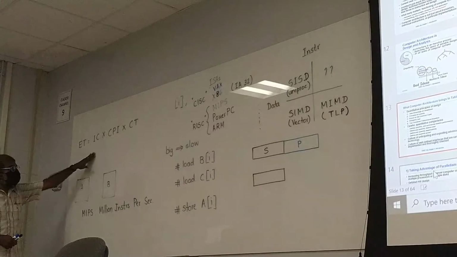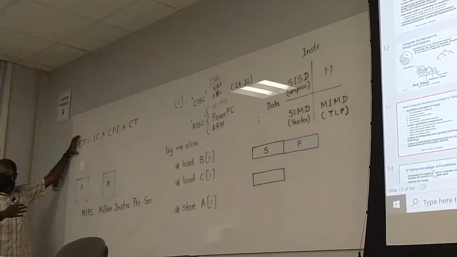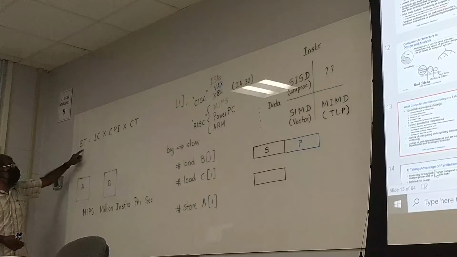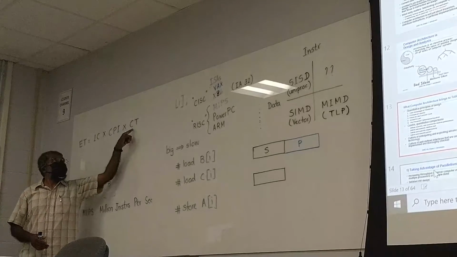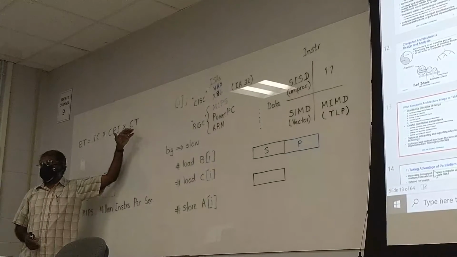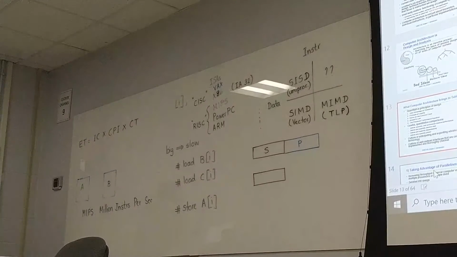So this is the right metric: how much time does it take to execute a program? And that depends on these three things, with cycle time being the reciprocal of clock speed. Clock speed is just only one aspect in this